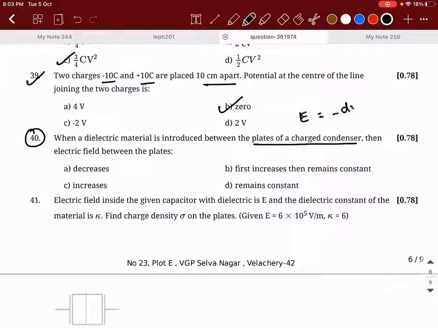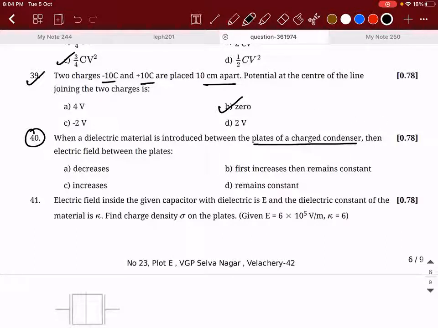So E is equal to minus dV by dr. What does the minus sign indicate? Electric field is in opposite direction. Opposite to whom? See, E is a vector, you don't write dV as a vector. When you write a vector on the other side, then you should use the words opposite sign. Okay, please correct it. Next time onwards, don't use it. The minus sign here indicates that the electric field is in the direction of decreasing potential. Oh, sorry, I told something else.